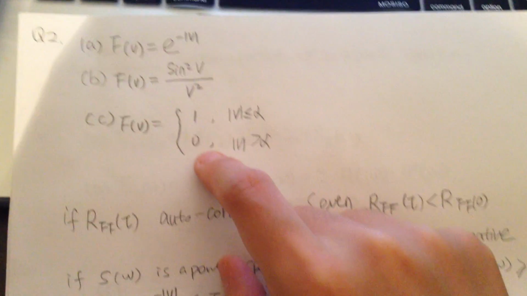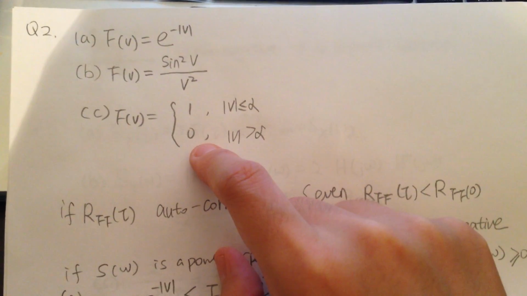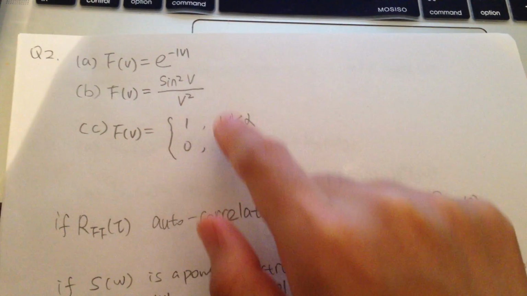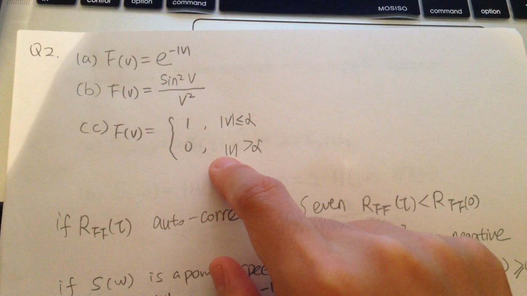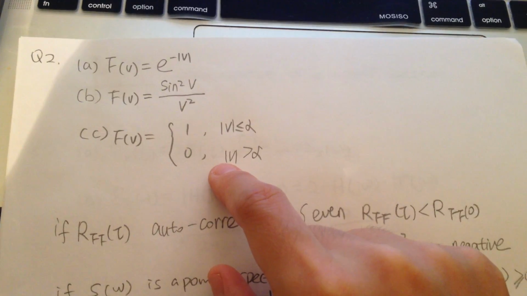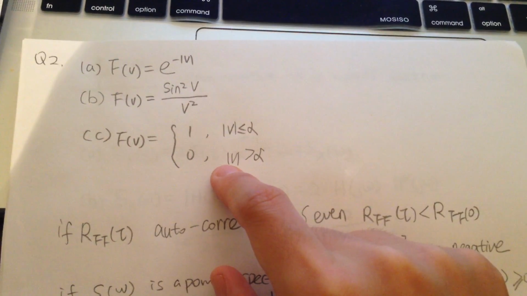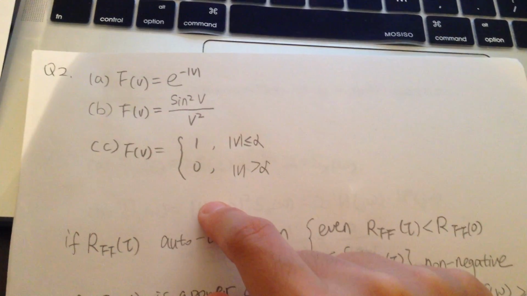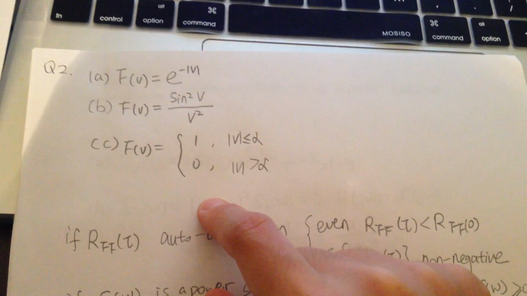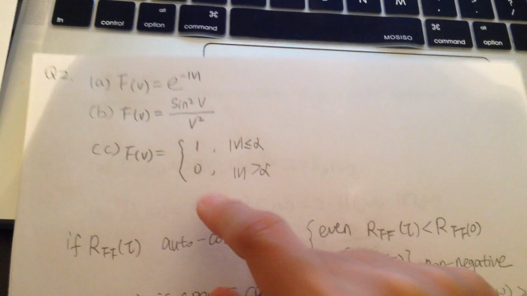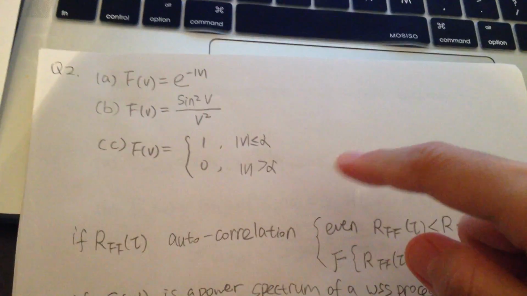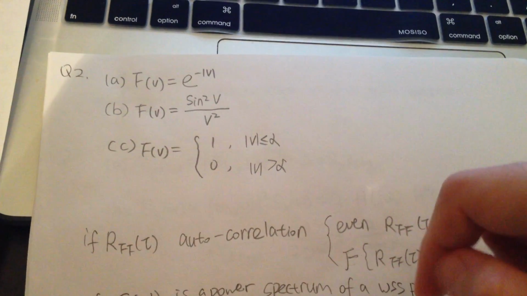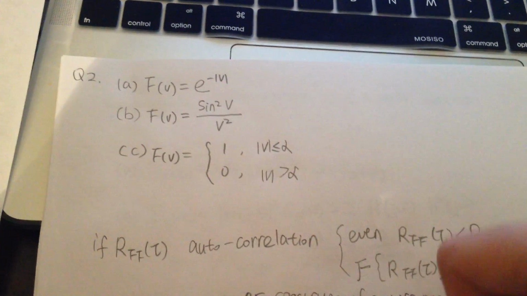In this question, we need to justify whether these three functions may represent an autocorrelation function of a WSS stochastic process by setting v equals tau, or a spectral density function by setting v equals omega, or both. So, which function f of v may represent either or both? We need to explain our answer.